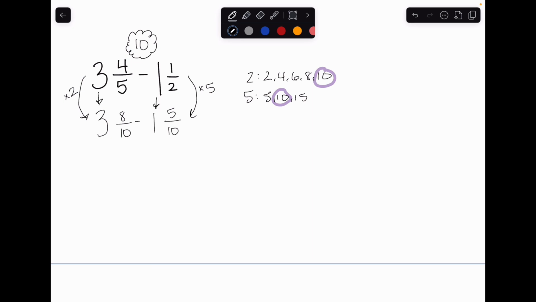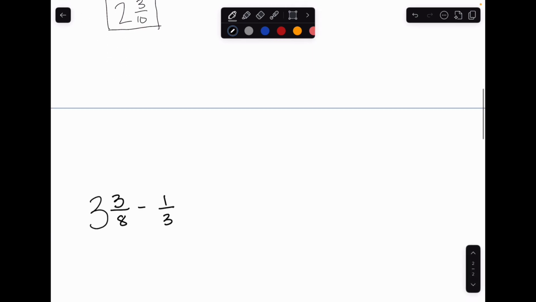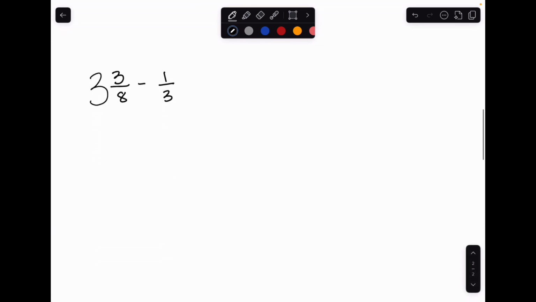All right, now I've got 3 and 8/10 minus 1 and 5/10. 8/10 minus 5/10 is 3/10. And 3 minus 1 is 2. So my answer is 2 and 3/10. All right, I've got one more. And for this one, we just have a mixed number minus a fraction. So same process, 3 and 1/8 minus 3/... My least common denominator